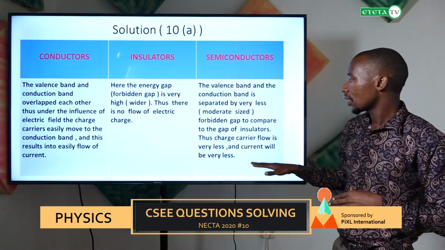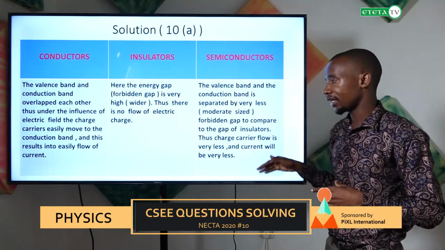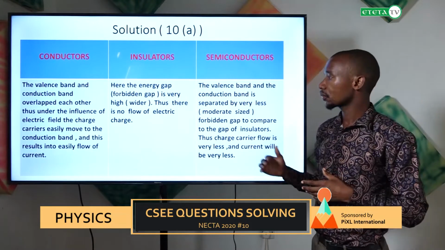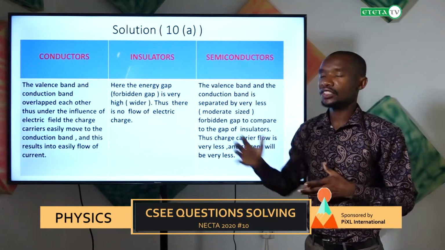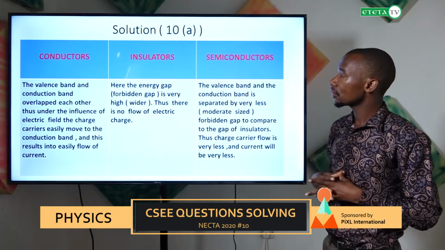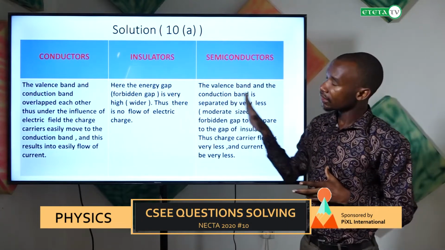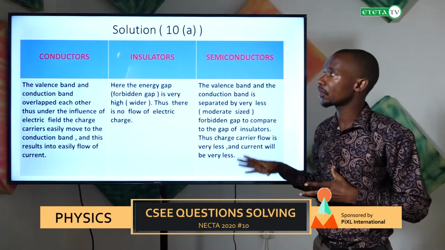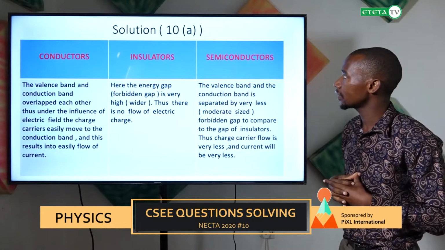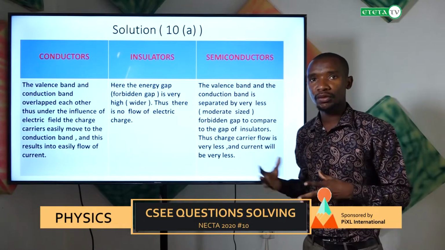Being so, charge carriers can flow to the conduction band. So this is how we can distinguish between conductors, insulators, and semiconductors in terms of